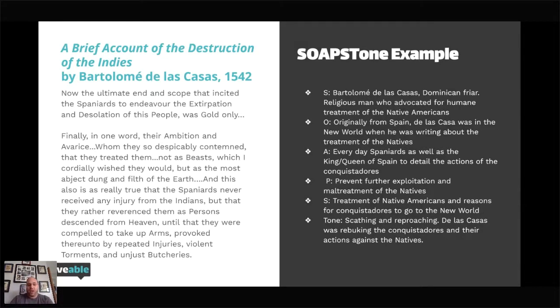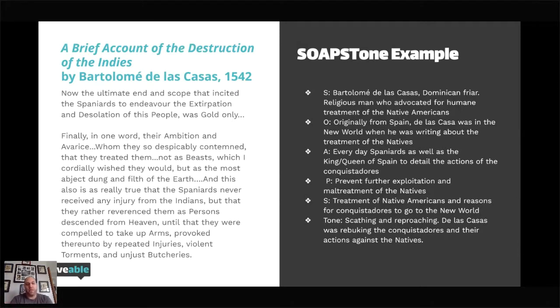So let's look at our next question that I posed here. And it kind of goes along with what we talked about a little earlier, which is how do you handle documents that might not be written in modern English? One of the things I say is find the words that you can understand, okay? Because if you look at De las Casas, his document's not in modern English. We don't write like this anymore. But it's still understandable when we use the terms that we understand.